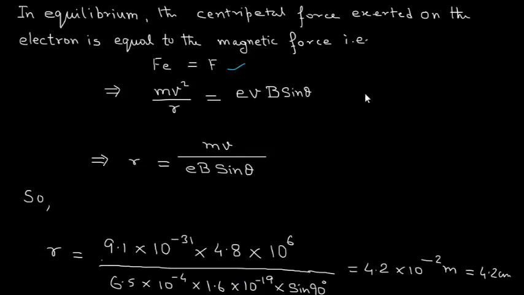which implies that mv squared upon r, which is equal to the centripetal force, is equal to eVB sine theta, which is equal to the magnetic force, which implies that r is equal to mv upon eB sine theta. Putting the values, we get r is equal to